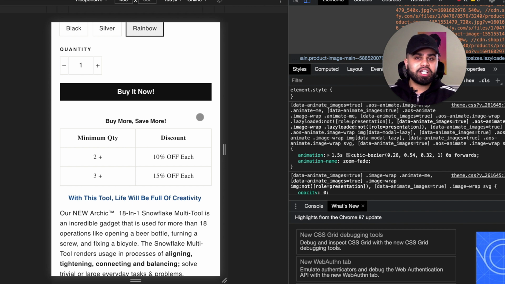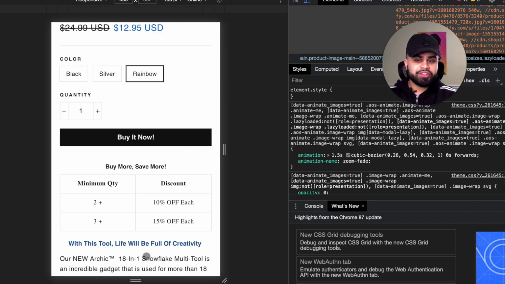Make sure it's not uneven or incongruent or has different colors in it that can really throw people off as well. As you can clearly see, there's nothing that is off about this app. It fits right in. Buy more, save more. If you buy 2, you get 10% off of each. If you buy 3, you get 15% off of each. Very simple. So actually take the time to configure the app that you're going to add on your product page